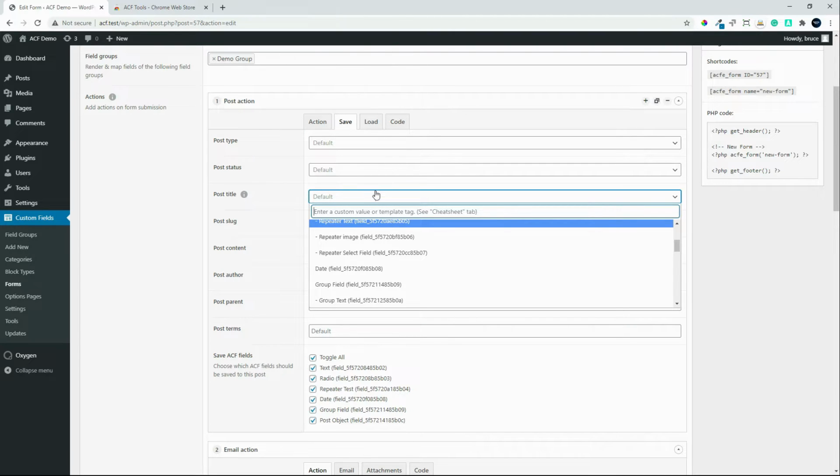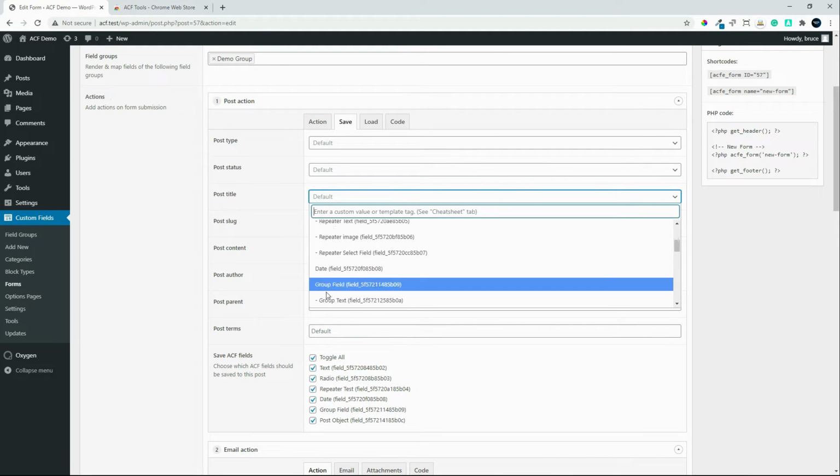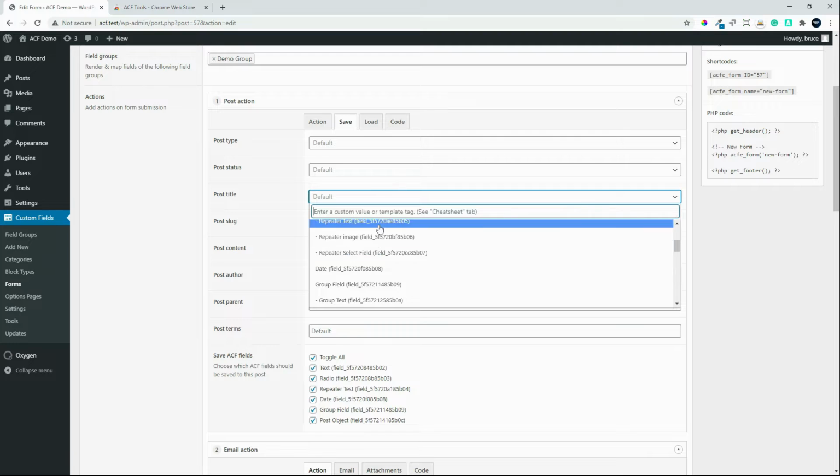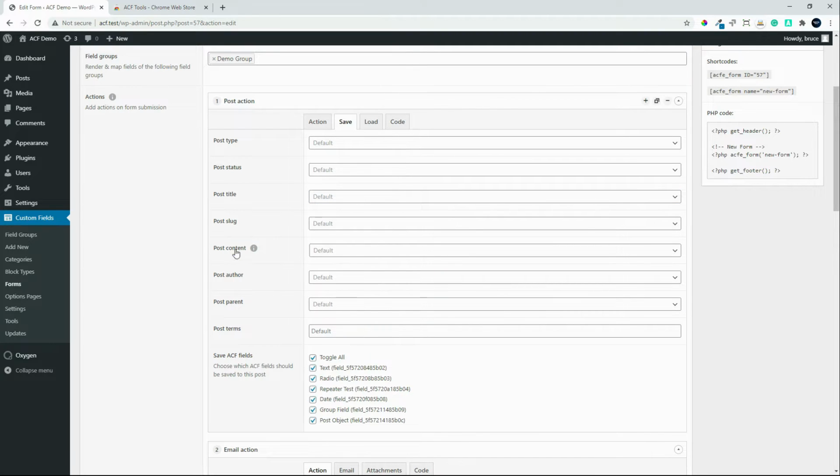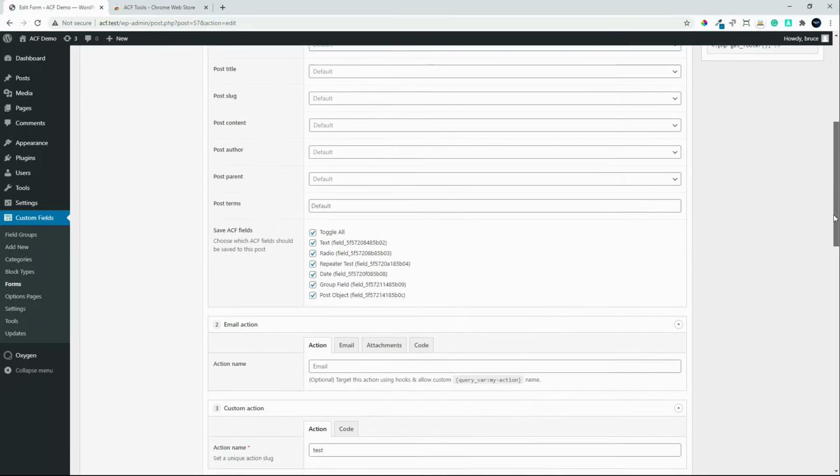The user would fill in the form to whatever that submission is, either to create post or to insert some information that you'll be using, and you can then determine which of those fields is used as the post title. You can also assign the content, the post order, the parent, the post terms. So quite easy to do that. And the same would apply then for